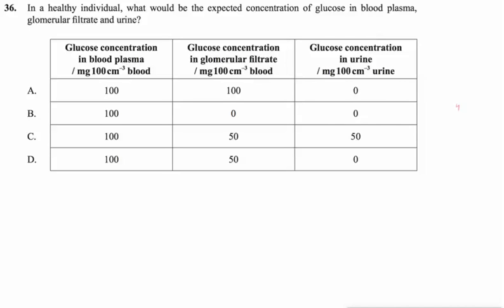Okay, here we have a question about blood plasma, glomerular filtrate, and urine, and the expected concentration of glucose in each. If you know your kidney stuff, there's not too much you need to think about for this question, but there are a lot of units that might be throwing you off a little bit. If you understand the sequence of how a nephron works inside the kidney, then you should be able to kind